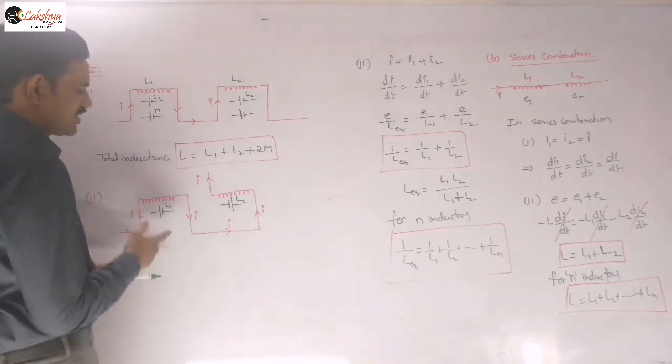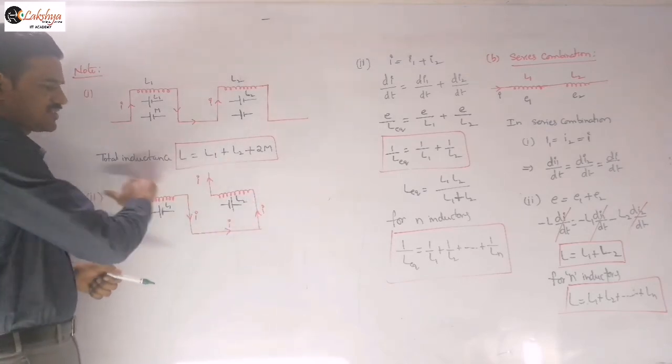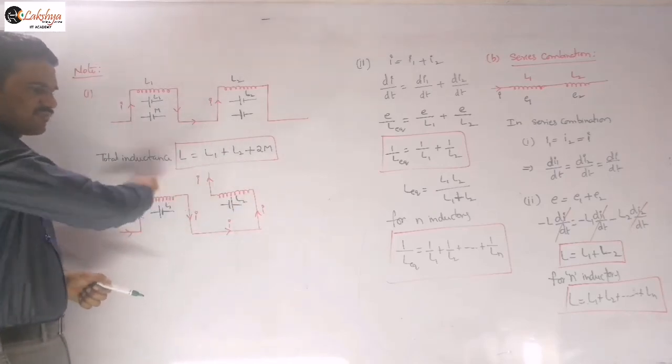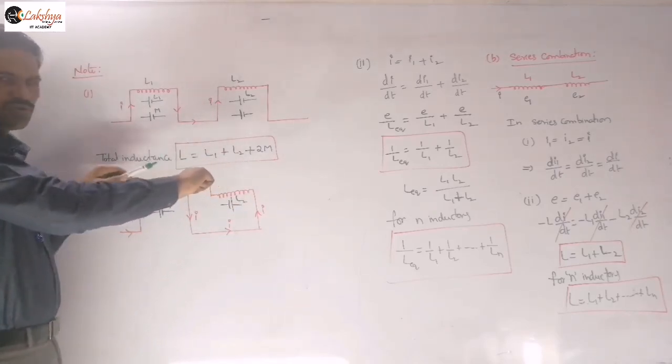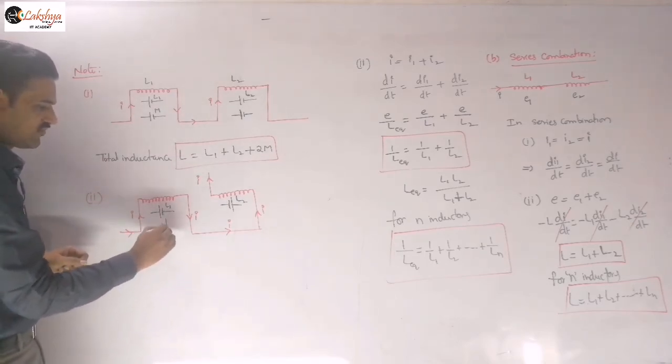So now the mutual induced EMF will be opposite to this, because now the current is flowing here and the flux is traveling along this direction. Now it should oppose this. The flux is flowing along this direction when current is flowing in this coil like this. Now it should produce a flux in this direction, or the induced EMF in the direction there. And so the mutual induced EMF will be there like this.